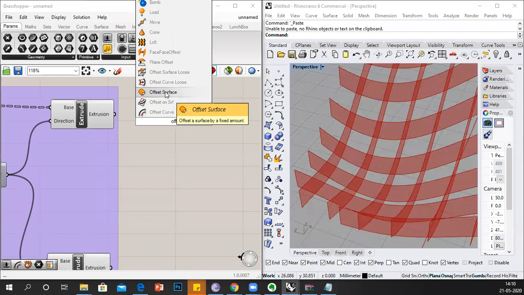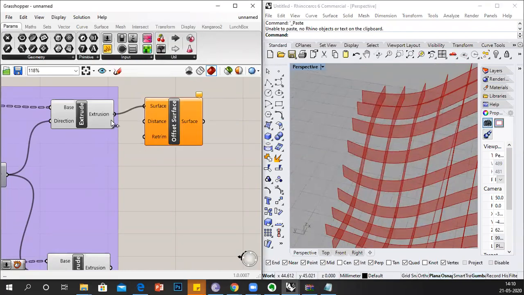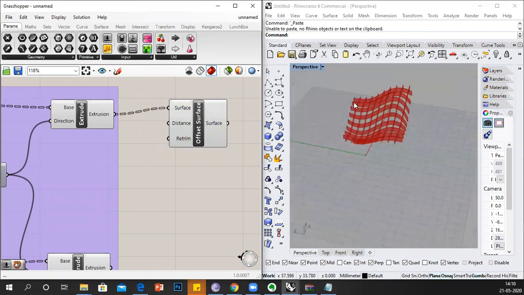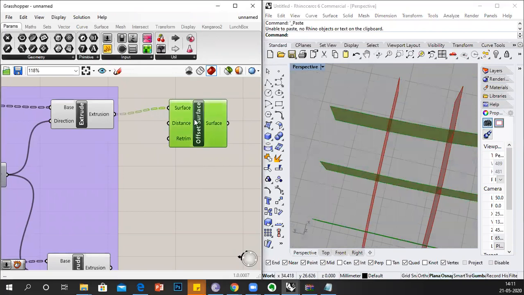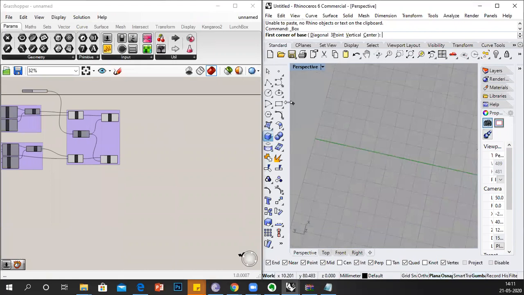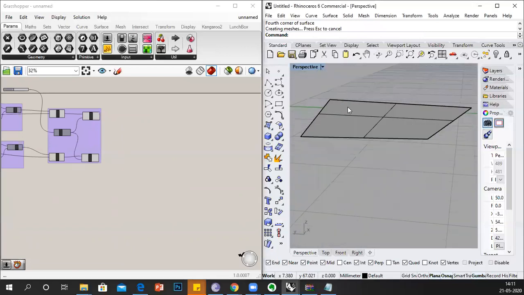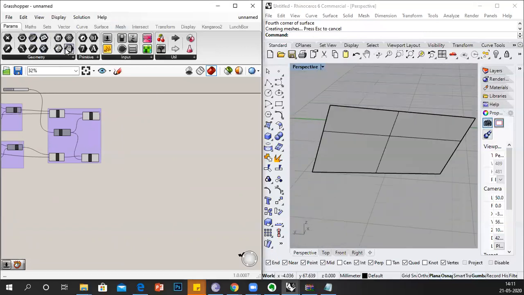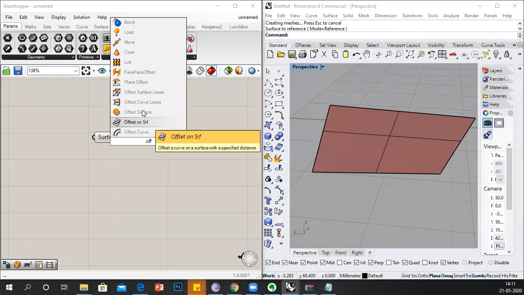Say, offset surface, you can give the surface. Then, if I need to explain it to you, we've done it once before, but I'll teach you once again. If this is a surface that we need to make an offset as a solid, I can set one surface, set this up, then you need to give an offset surface,